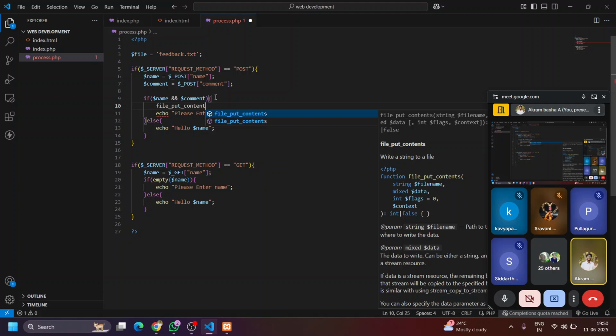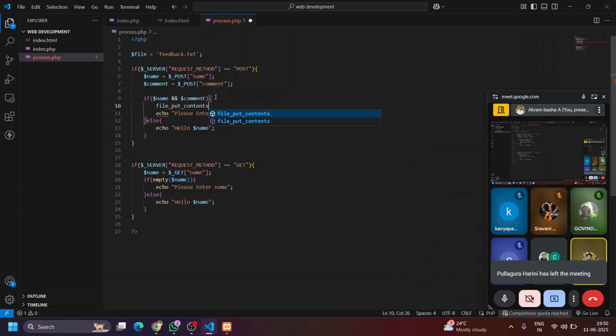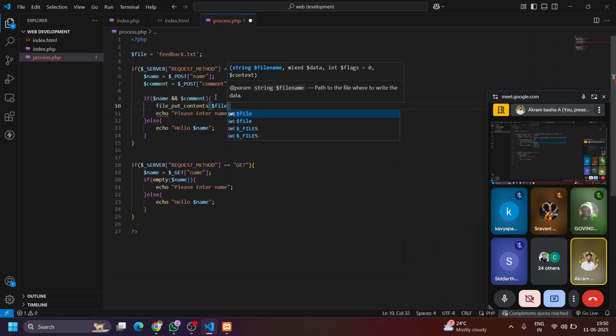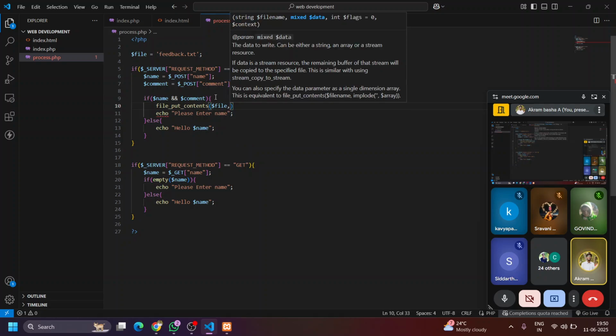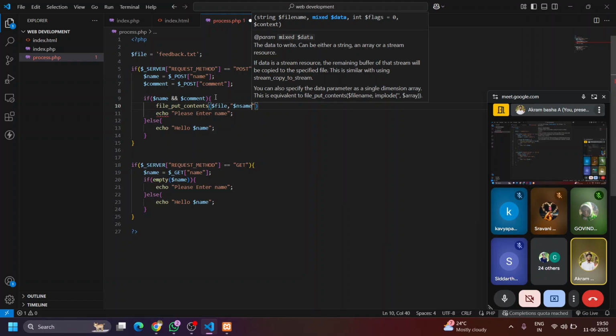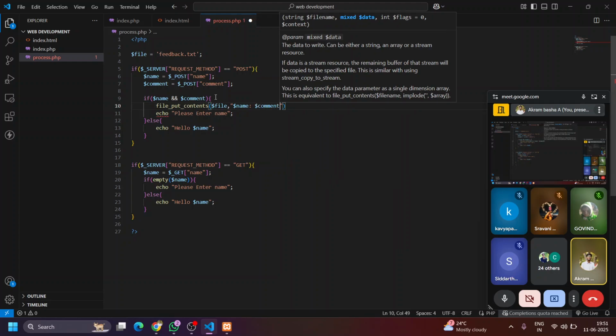File put contents of dollar file. I will put the entire content into dollar file and then dollar name, dollar comment,